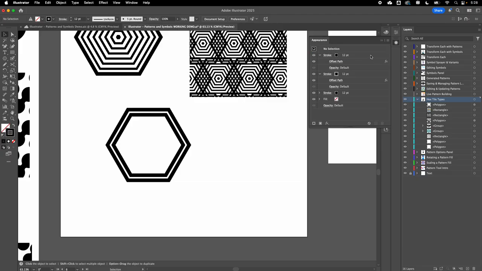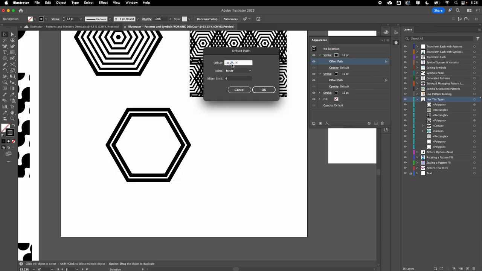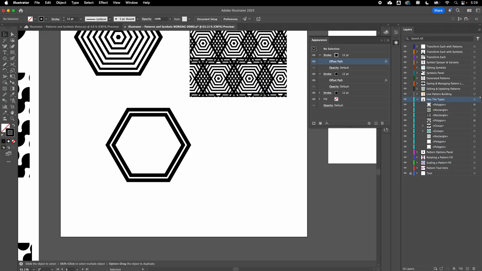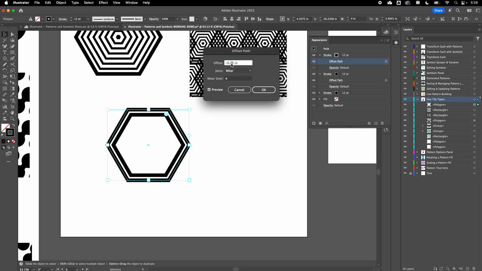Then do the same thing, duplicate the stroke that I just made, and do that offset path, but in this case now I'm going to jump to 0.5. Whoops, I got to select the object here. There we go. Duplicate the path with the object selected, then go in and change that offset, and you get